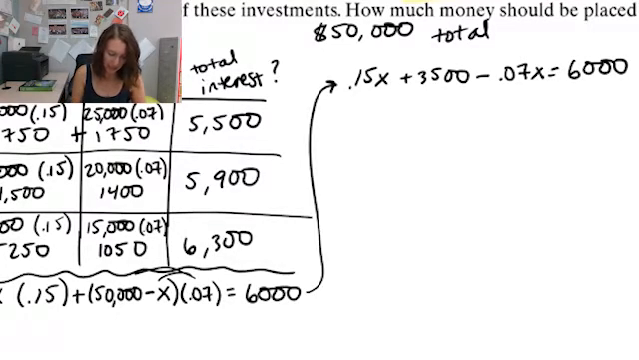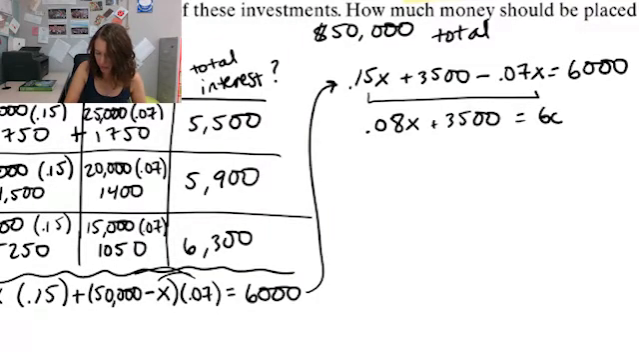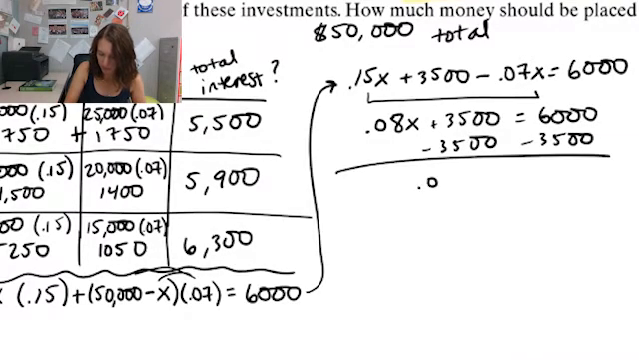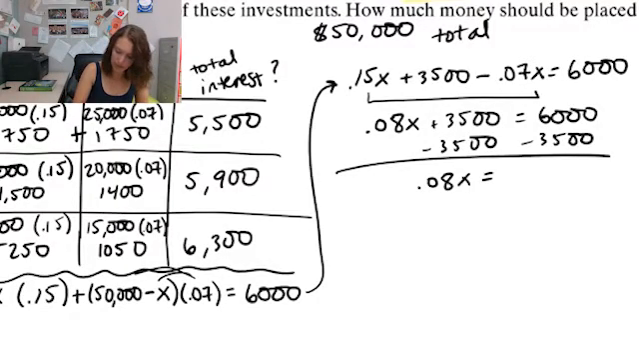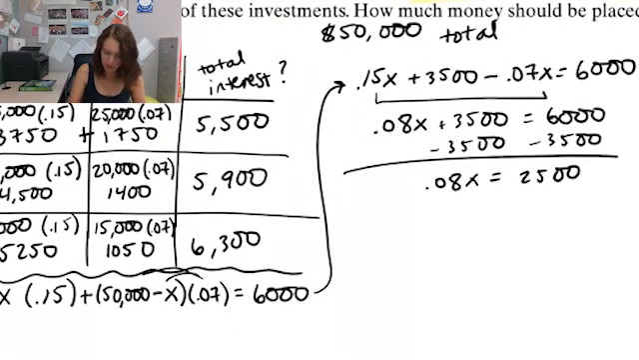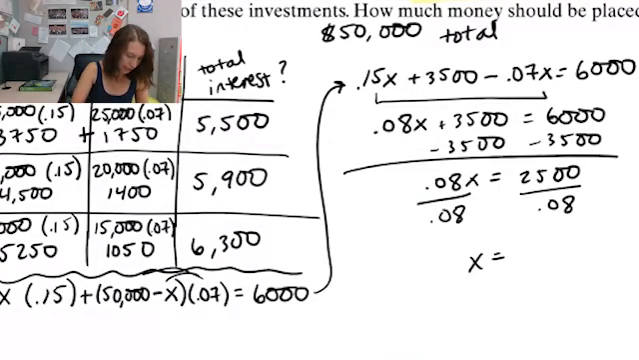Now remember, X in this case is going to be whatever we put into our 15% bond investments. I have like terms here. So 15 minus 7 is 8. So 0.08x plus 3,500 equals 6,000. I can subtract this to the other side. 0.08x equals, let's see, 6,000 minus 3,500 is 2,500, divided by our 0.08. And x is, let's see, 2,500 divided by 0.08 is